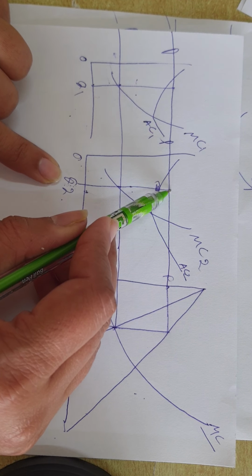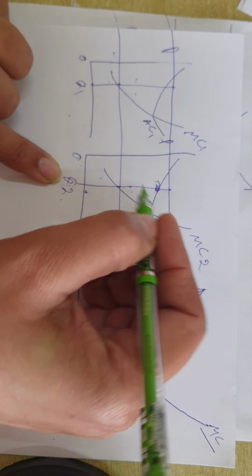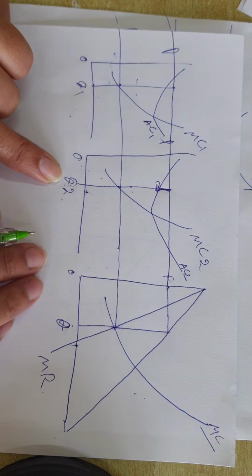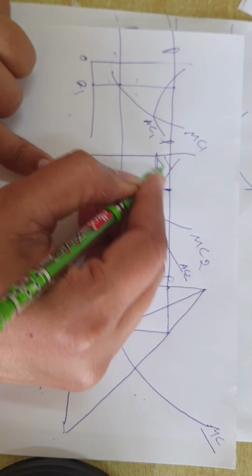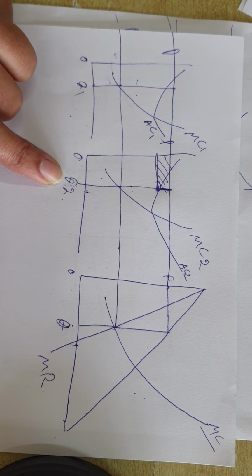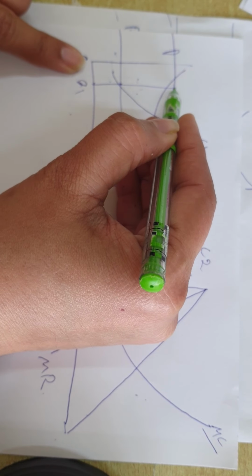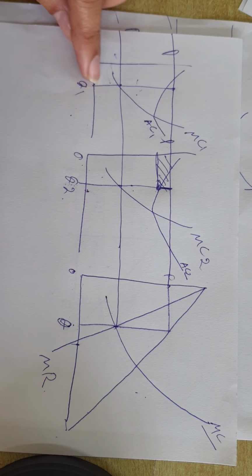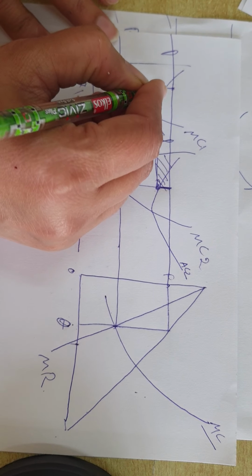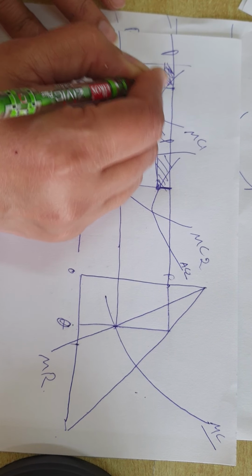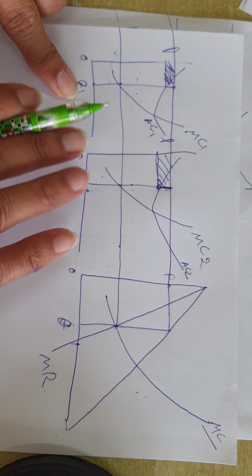Let me tell you, average revenue is always equal to price. Price is average revenue. So this difference is profit per commodity. And if you want to know total profit, join this. This is the profit earned by the second plant. Similarly here also see this difference between average revenue and average cost at the equilibrium quantity, and draw it like this, and again you will get this shaded area. So these shaded areas are profits.